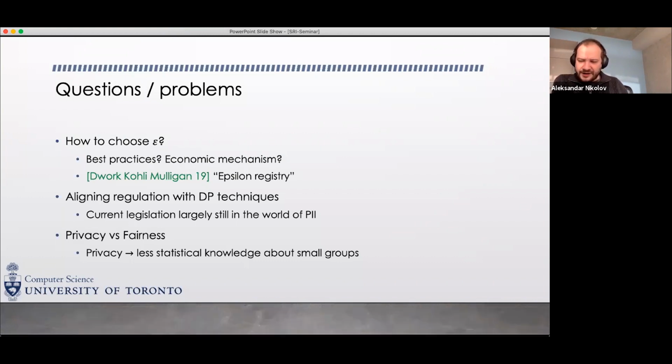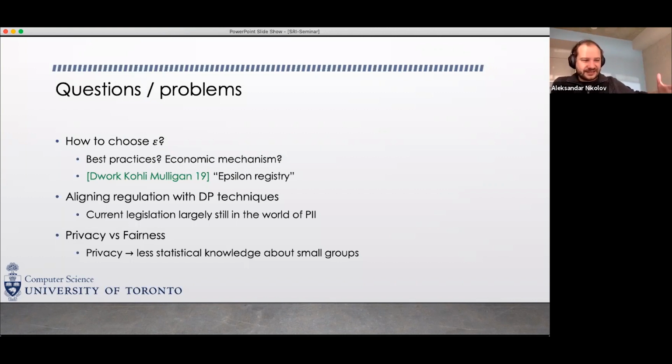So privacy, at least differential privacy, but I think most sensible notions of privacy, say that you shouldn't disclose too much about a particular person. And usually that also ends up implying that you don't disclose too much about small groups of people, which means that differentially private algorithms in particular give statistical information that's not very accurate when it's about small groups of people, like small subpopulations. So basically you get less accurate statistics for small subpopulations,